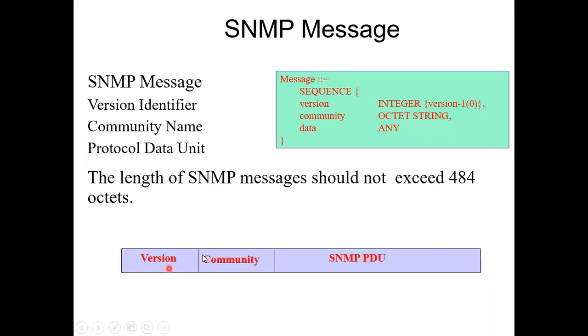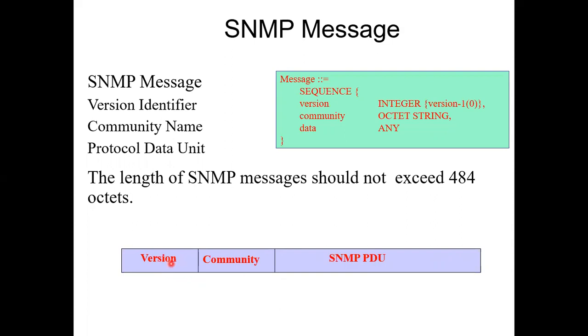So the first field, if someone asks you what the SNMP packet structure looks like, in a Viva, that is one of the questions. Might be I will only ask the question. So how does the SNMP packet look like? These 3 fields are there. Draw these two a little smaller and this one a little bigger, because for version, you know, 1, 2 and 3, I don't need much space.